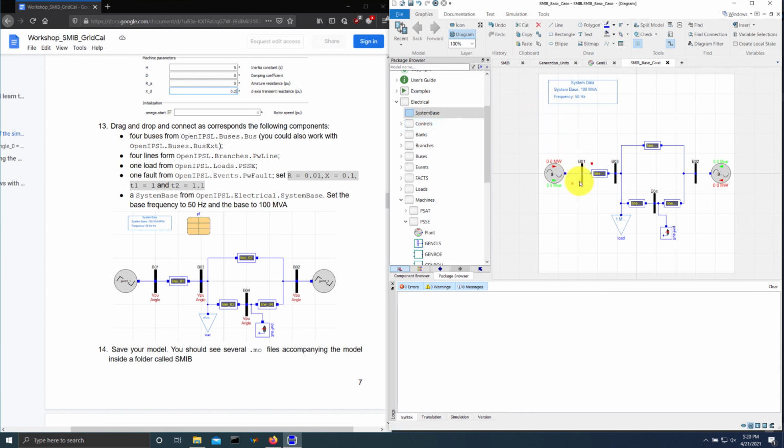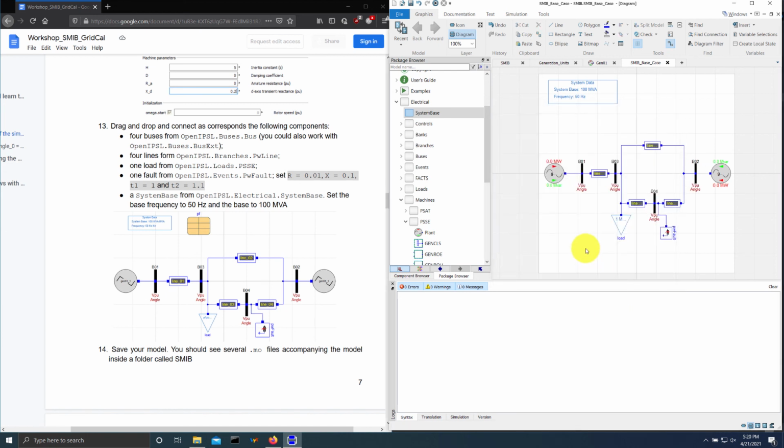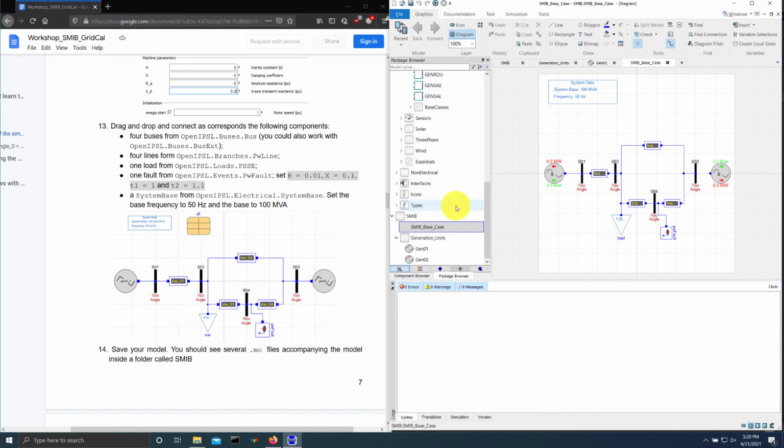So let's, just to make it look as it is in the document, click all of these buses and check the box to display the power flow value. So now let's save our SMIB base case, and that's it. So then after this we will have to add the power flow records into